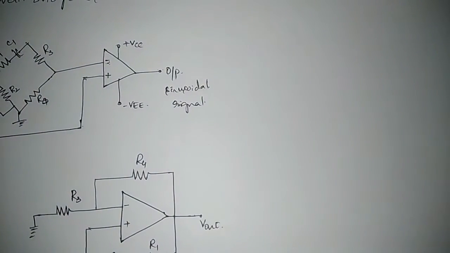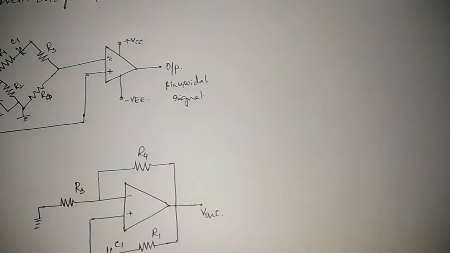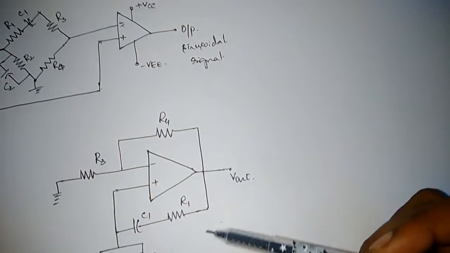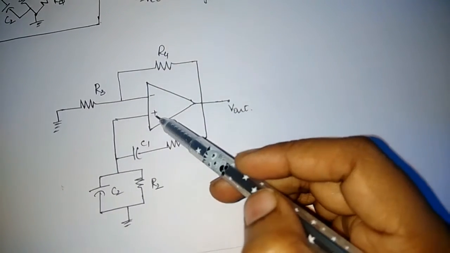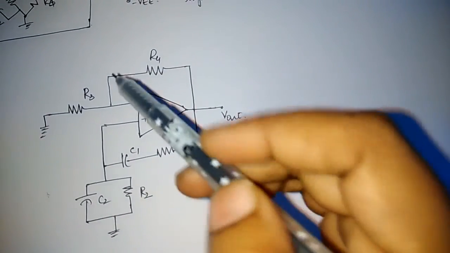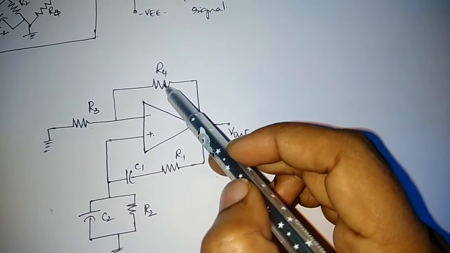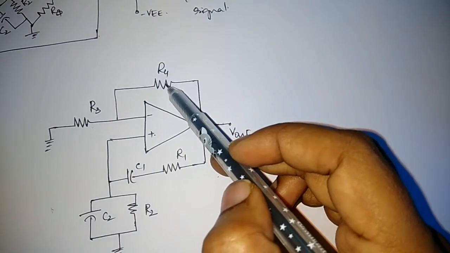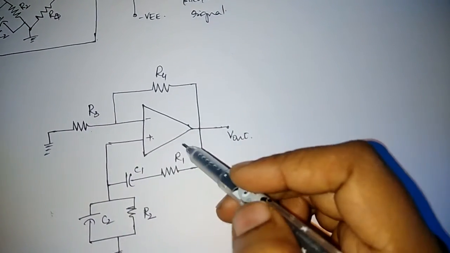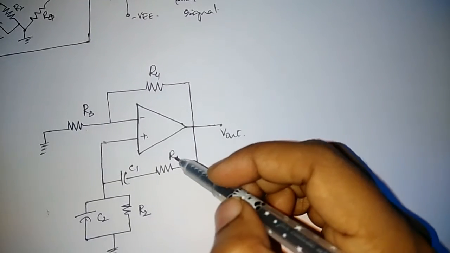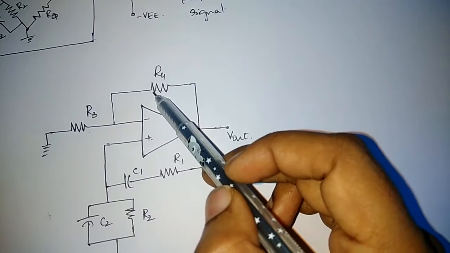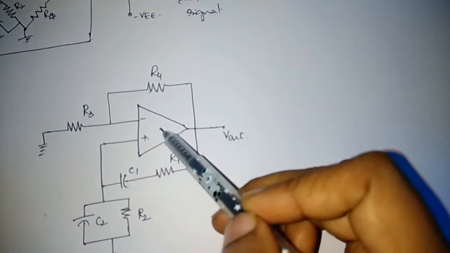The same figure, the Wien bridge oscillator using op amp, can be redrawn. You can observe here, I have the same circuit redrawn. You can observe the Wien bridge is connected to the non-inverting terminal of the op amp. And this R3 and R4 represent the feedback gain. So this decides the gain of this amplifier. This you will understand when we are studying the third module. I'll tell you in detail there.